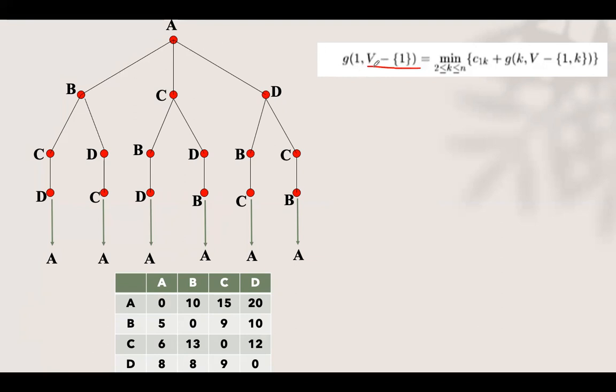Or vertices if you take 1, 2, 3, 4, 1 comma. That is, we are starting finding out the minimum cost. See, totally it is trying to find out the minimal cost path from 1 to all other vertices and back to 1. That is A to all other vertices and back to A. That is minimum cost it is trying to find out using this formula. See, this formula I will apply stage by stage by just seeing the formula substitution. You will understand this entire formula.